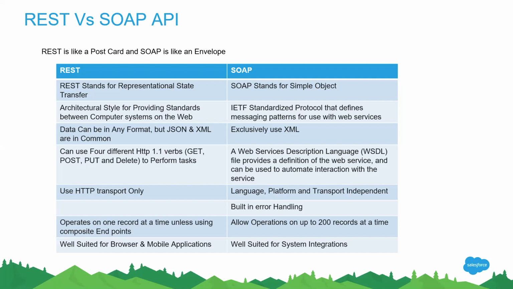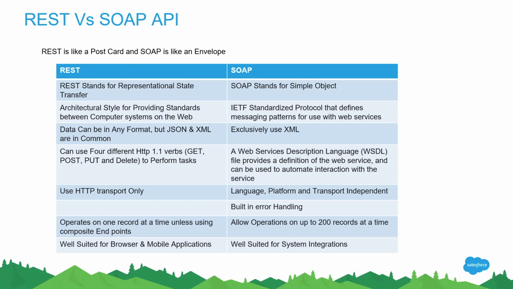Similarly, in terms of SOAP, you'll be using a WSDL file. You can download a WSDL file from Salesforce. You can import it in a third-party system in order to do the web service. Similarly, other third-party applications will have their own WSDL. Let us say you want to integrate with Salesforce and get some data from a third-party system. You can load their WSDL file into Salesforce as well.